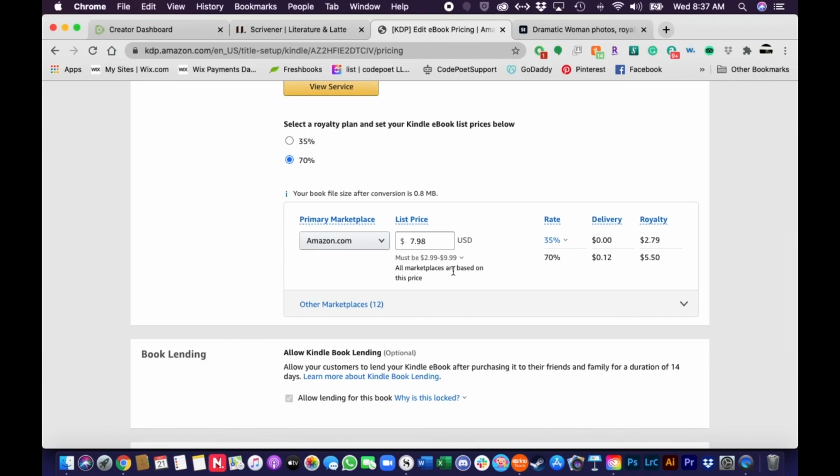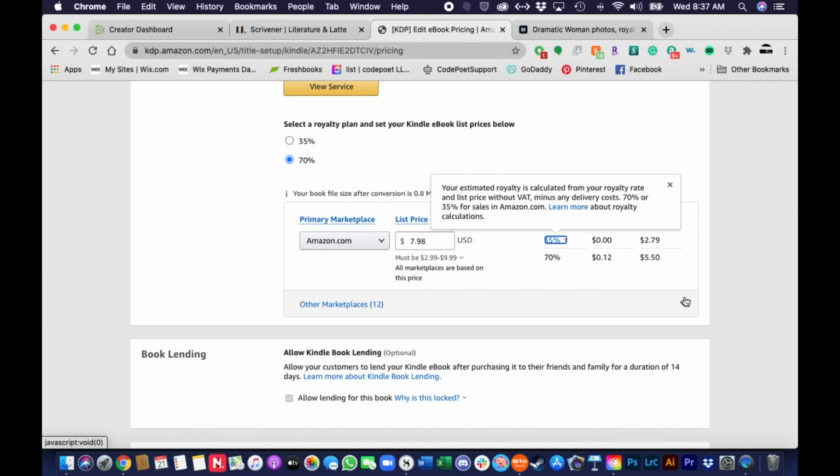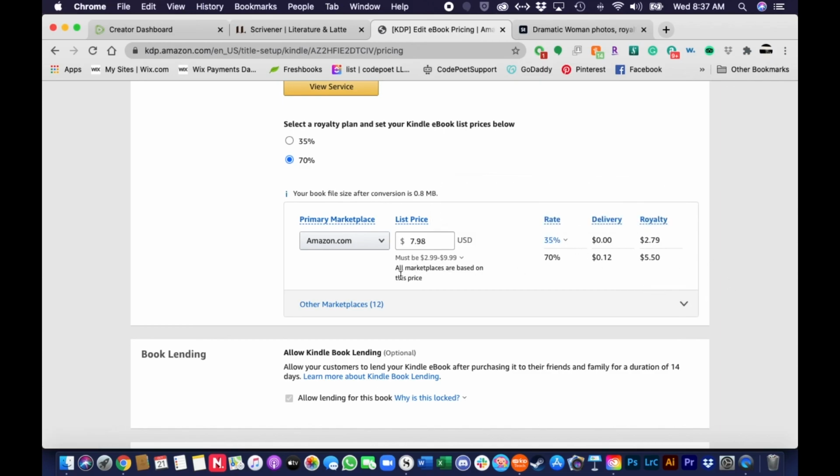If all marketplaces are based on this price, so let's say I don't have it exclusively on Amazon, I would only get a rate of 35. Okay. If I'm exclusively on Amazon, I get 70. So out of that 7.98 when I'm selling the digital version for, I would get 5.50 as